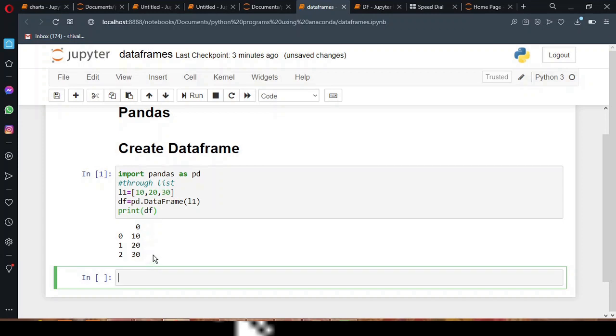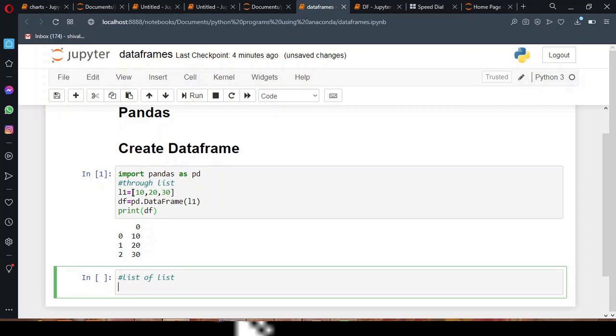Now the second method is we are going to use list of list. Okay, now the same thing, I am going to use maybe L2. The list name I've given is L2, and then I am going to create a list inside the list. So first is maybe Ajay, and this is the name of the student, and the marks I've given as 40.